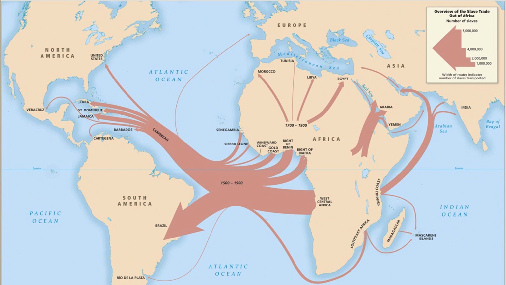This map gives you an overall picture of how many people are going to be transported forcibly from Africa into the New World between 1500 and 1900. And I do want you to note that the largest single number is going to go to Brazil. And beyond that, the Caribbean. And if you follow that little tiny offshoot there, you're going to see relatively less people going to what is going to be the future United States.